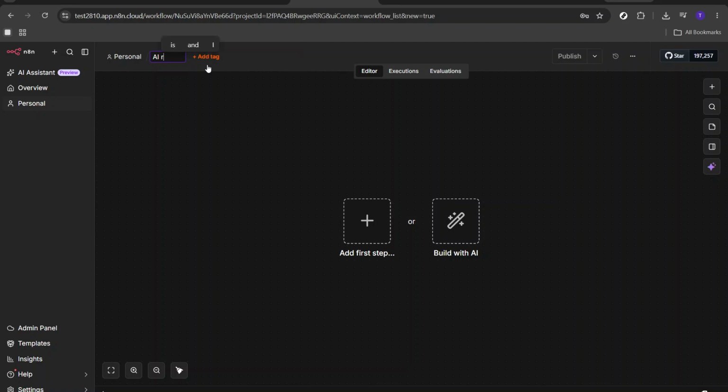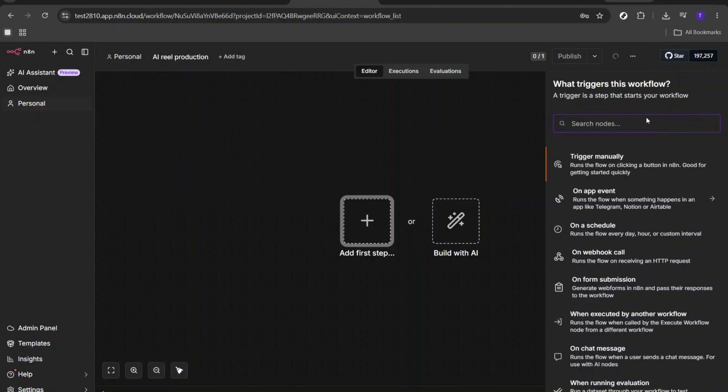You might choose a schedule trigger if you want your content to be published automatically at specific times, whether it's daily or weekly. However, if you want your workflow to start when something changes in Google Drive or when you receive a webhook or chat message, you can use those options instead. Many creators find the schedule trigger particularly useful because it takes out the guesswork and timing, allowing your workflow to